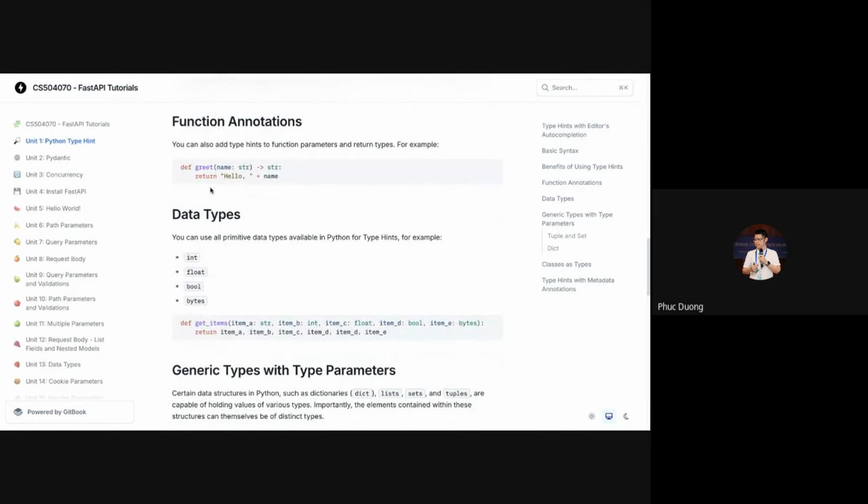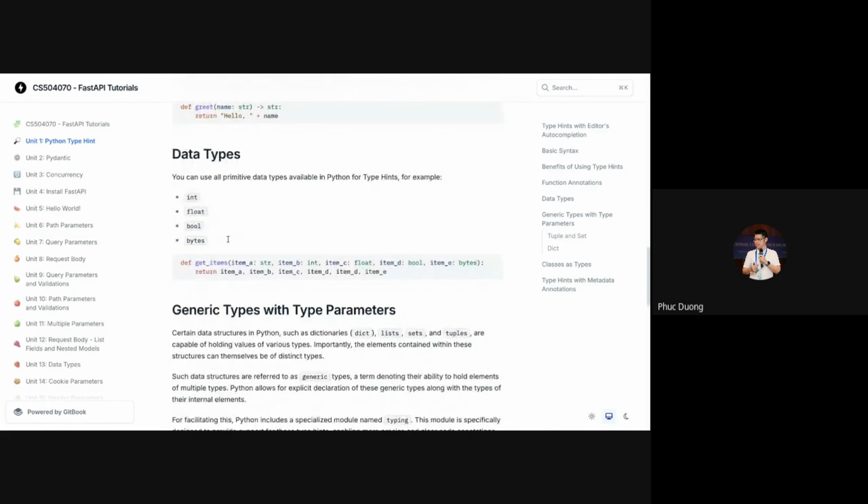The first character is a minus, and the second one is the larger-than character. This is shown as an error when you view the program. Okay, so this function returns a concatenated string, hello and name.